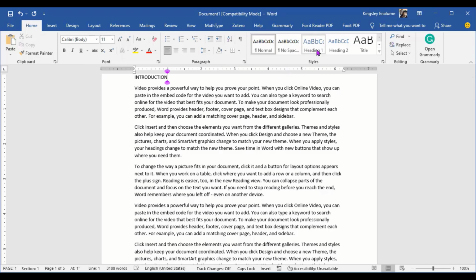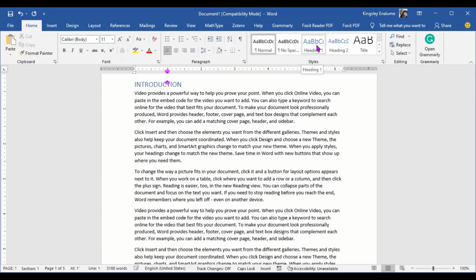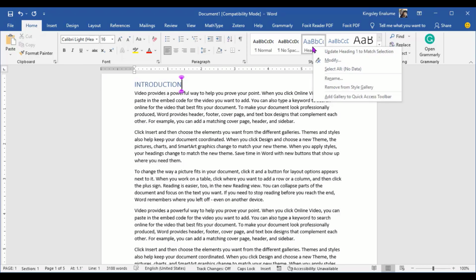You go to the styles group under the home tab. Now in the styles group you are seeing heading 1, so we'll just select heading 1. You observe that the font has changed, but maybe this is not what we want. We want it to be Times New Roman, font size 12, and we also want it to be center aligned. So how do we do that? So just go into the heading 1,